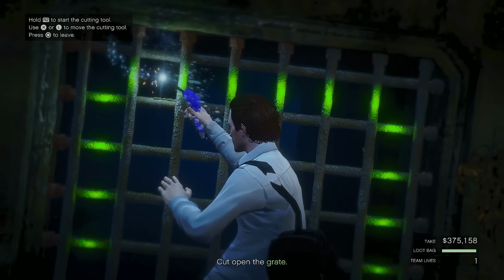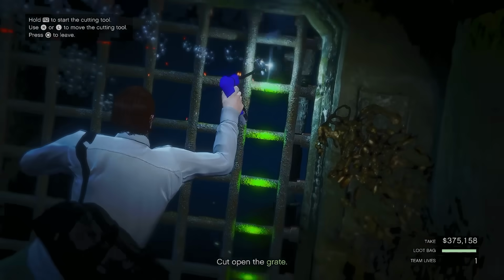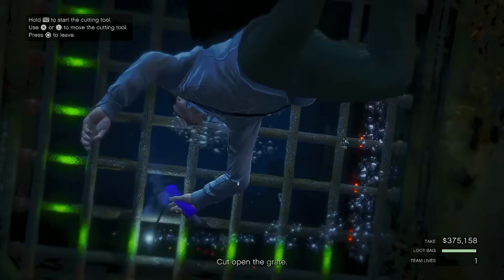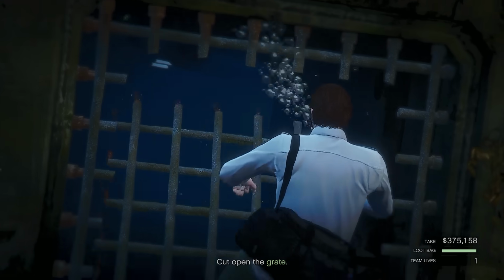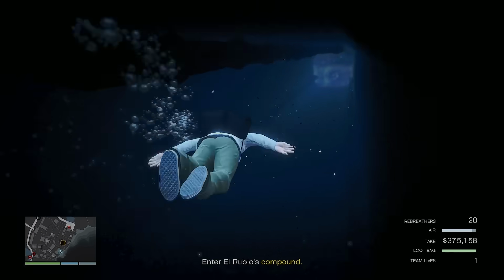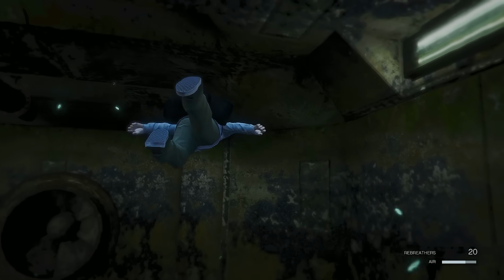So from this point, press right D-pad, you will see there is this moat or this gate here, and this is where our cutting torch we got in the prep helps us out. I usually like to go over each side 3 times. That is enough to cut open a side. And from this point, you can swim through the tunnel here and press right D-pad once you get to this